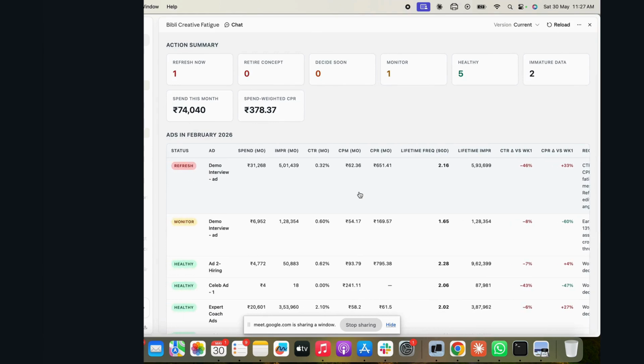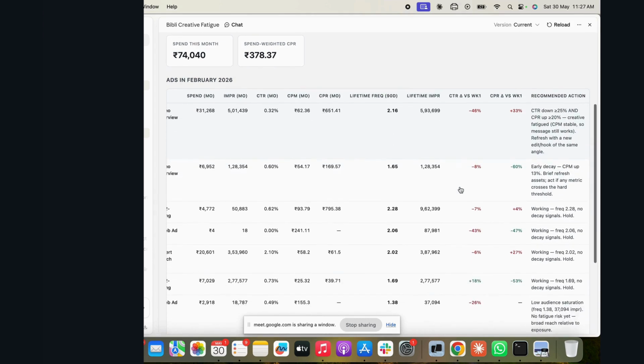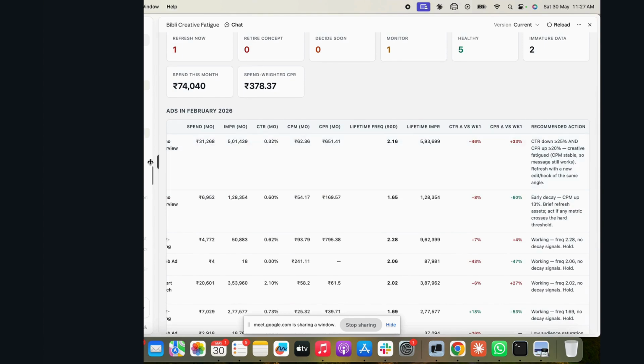You would have to go to your Business Manager and pull this report. If you wanted a real-time dashboard, you would have to go to your tech team to pull all this data and put everything together. All that it is cutting short, right? And so it is giving me insights in this manner.